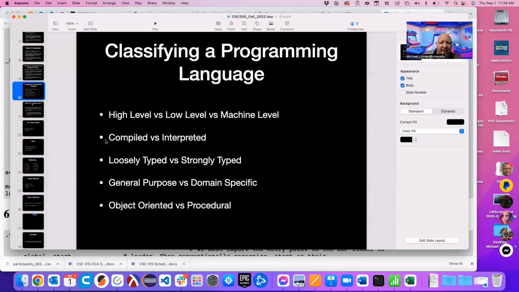I think that was like the last thing on here. Object oriented versus procedural. Almost all of our modern languages are object oriented languages, and we'll talk about what that means when we get to it. But beginning programming, it doesn't matter whether the language is object oriented or procedural, our programs are going to look the same because we're not using objects yet. We're doing everything in like starter beginning programmer type stuff.